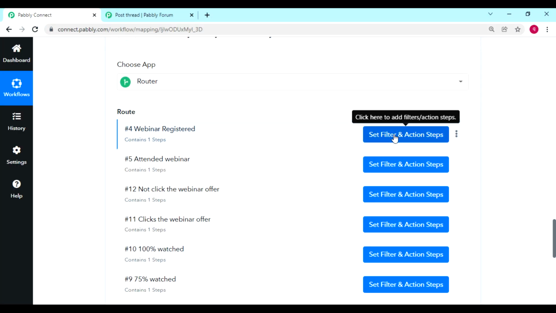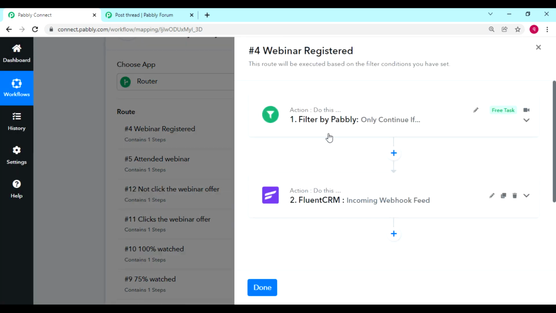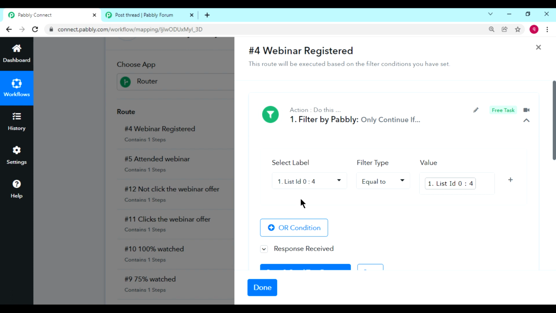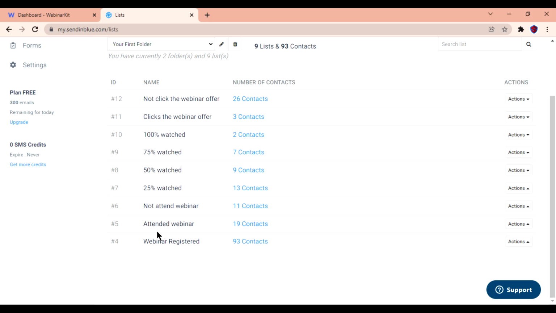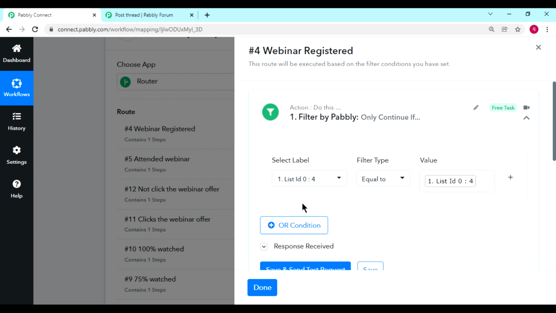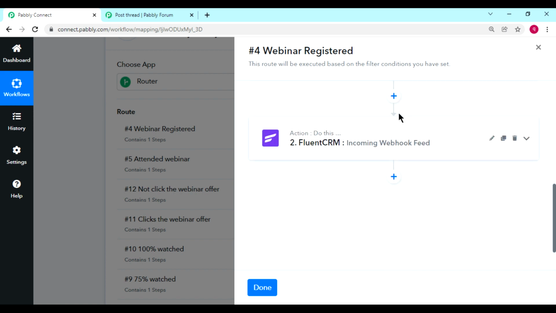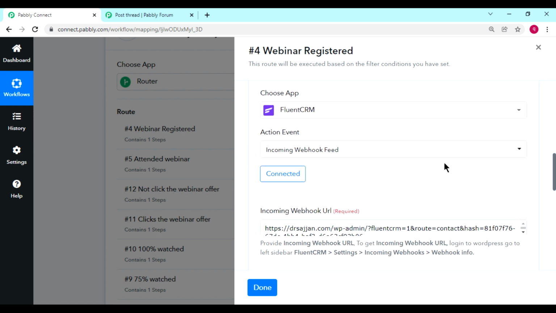So for that I have set the router. Routing is based on the list ID, because each list we have created has a separate list ID. I took this list ID, and it is equal to this value, so I got the response true, and this data has been transferred to Fluent CRM.